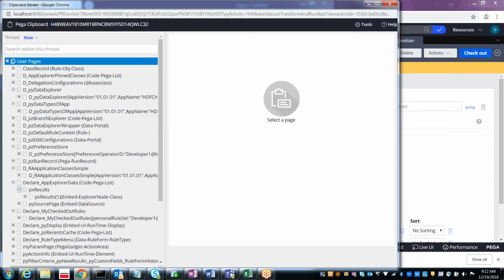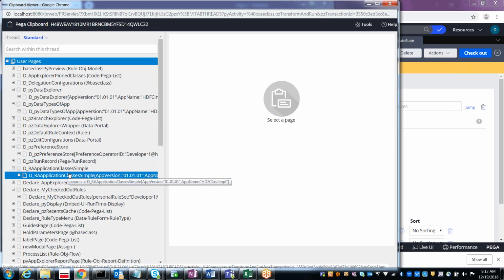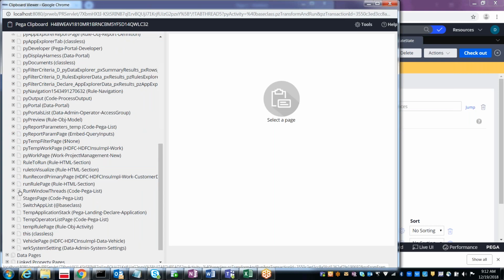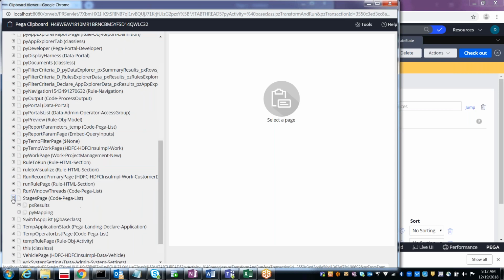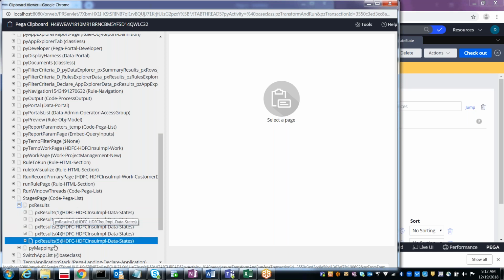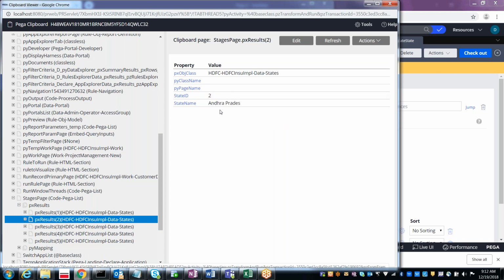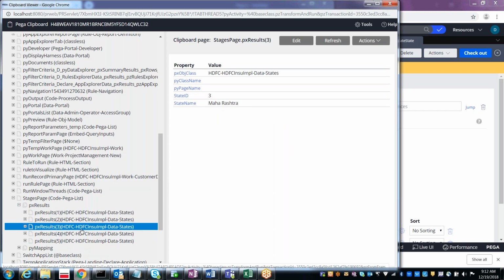Now see the clipboard. Where exactly can we see it in the clipboard? State page, exactly. PX, PX High region. See, there are 5 records. See whether these values are there. Yes, exactly. State 1, Telangana. State 2, Andhra Pradesh. State 3, Maharashtra.